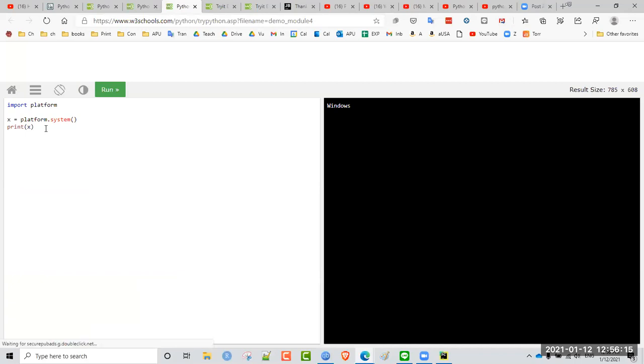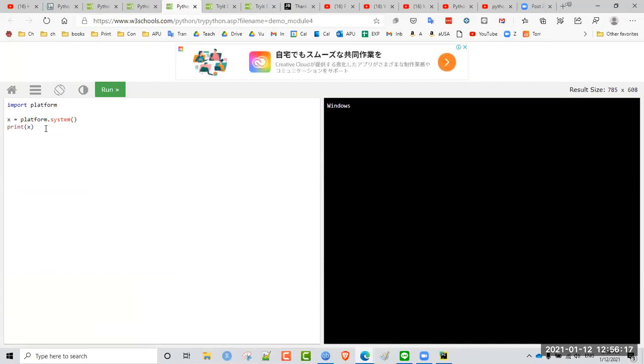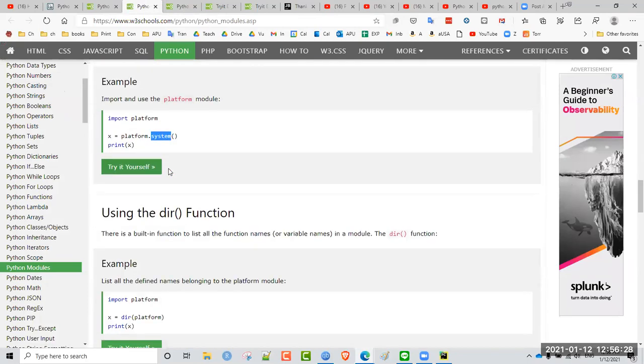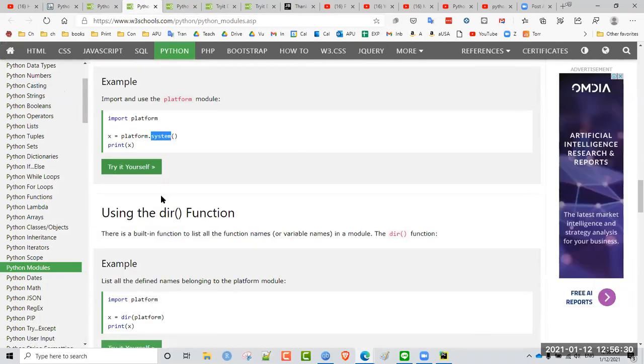So here I see, I guess it tells you what system you're running. So I guess they're running Windows, or maybe I'm running Windows, but I think they are running Windows. Also, if you want to find out what is in